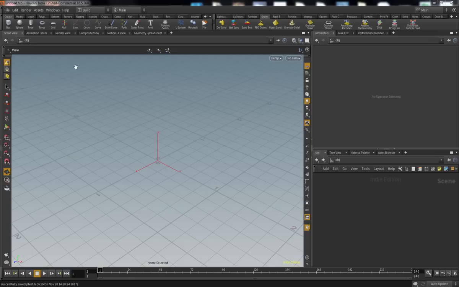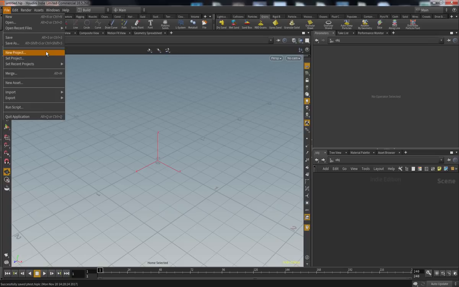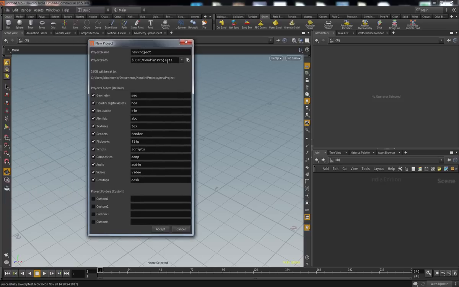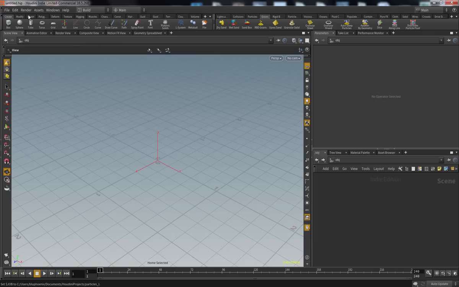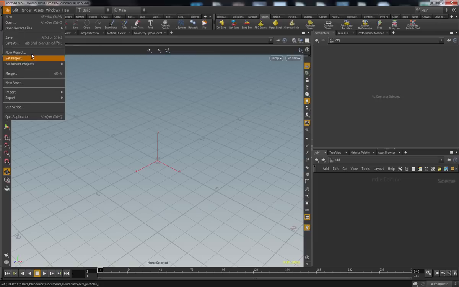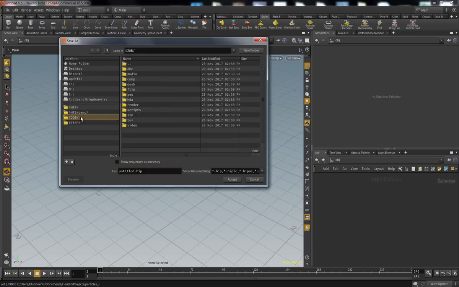All right, with the particle basics out of the way, let's get started. So let's make a new project. Call it something like particles. Maybe particles 1. Yeah, that's good. So that's nice. By having that, now all of our stuff will be saved in one area. So I could say go to job, which has been set to that thing that we just made. And I like to just put them right here in the job area, and I'll just say